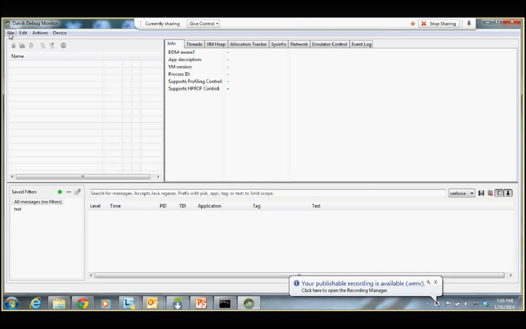Once a VM is running, DDMS retrieves the VM process ID through ADB and opens a connection to the VM's debugger through the ADB. DDMS typically assigns a debugging port to each VM on the device. Typically, DDMS assigns port 8600. So, you could see if I launch my emulator,